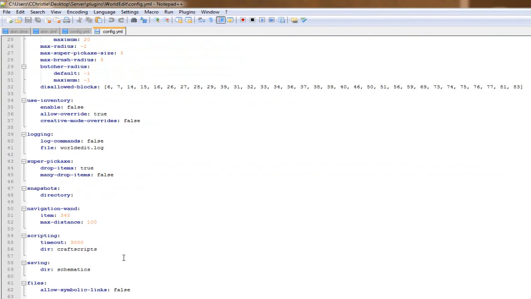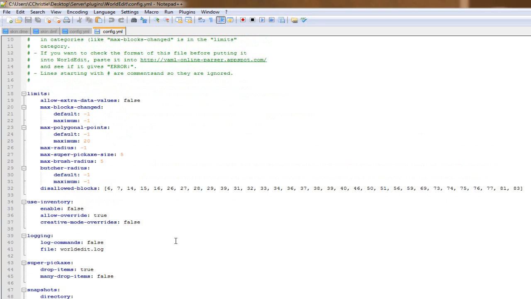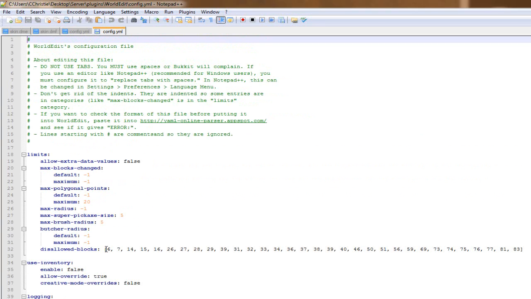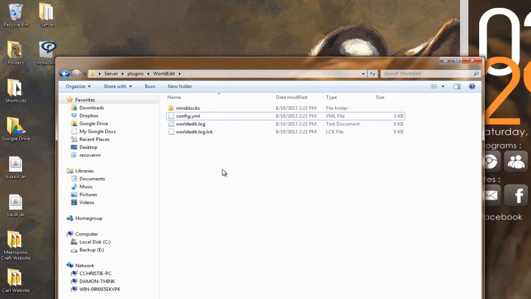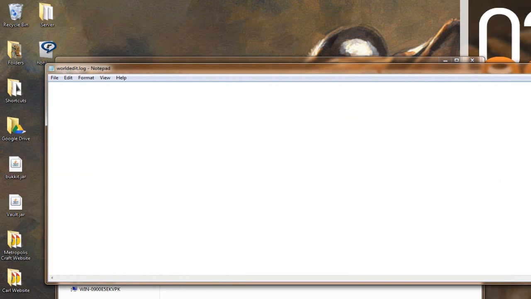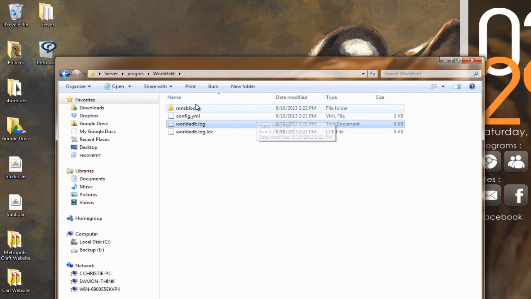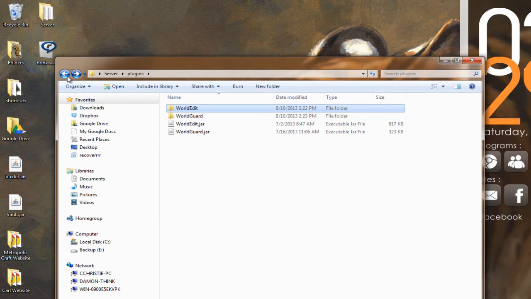I highly suggest you don't, because there's no reason to. But you can pretty much disallow certain blocks by using their item code, and pretty much really anything if you want to disallow. But that's pretty much the WorldEdit configuration file, which you don't need to mess with. Here's the log for it, which doesn't have anything right now because we haven't had anything to log yet. But that's pretty much how WorldEdit and WorldGuard are configured, and this tutorial would be too long if I